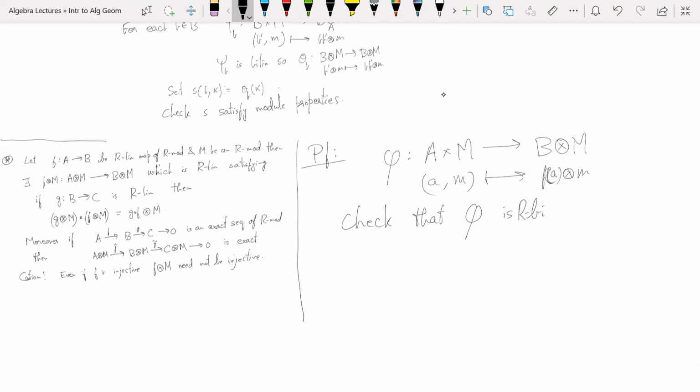R bilinear. So linearity in the first variable follows from the fact that F is R linear, and linearity in the second variable is just straightforward. M is an R module, which is what linearity in the second variable means. Okay, and properties of these tensors,